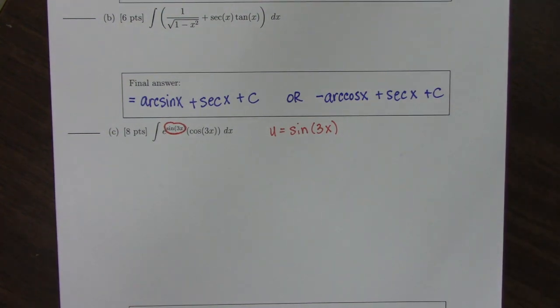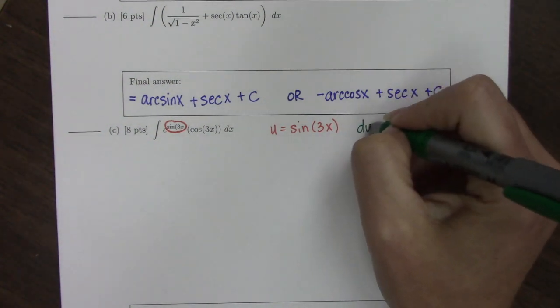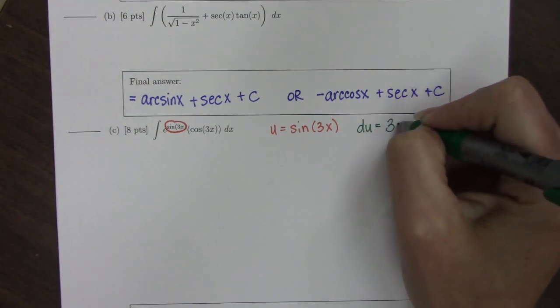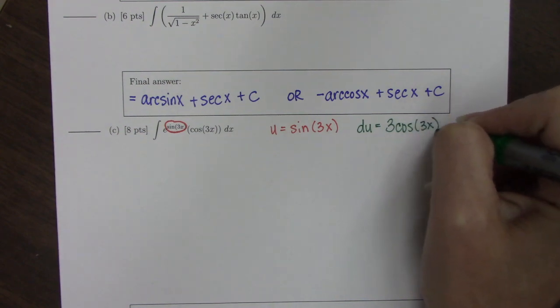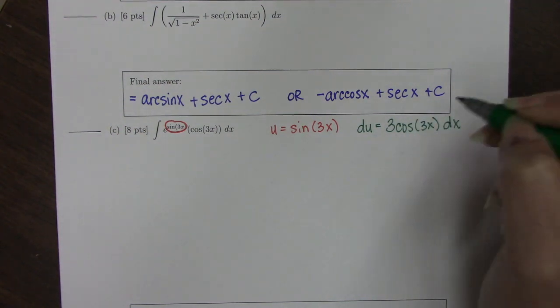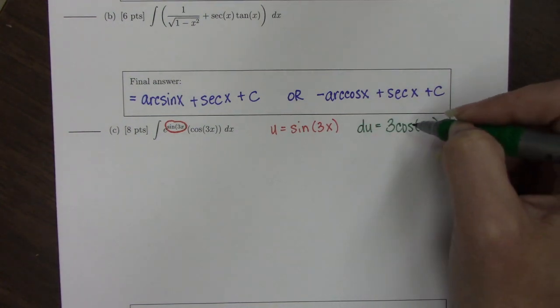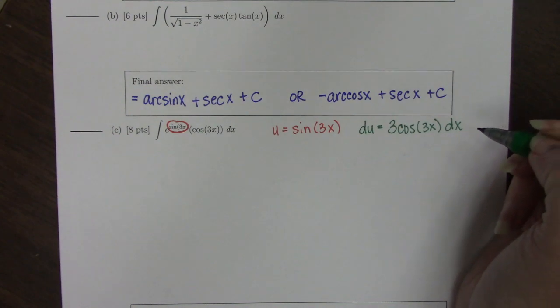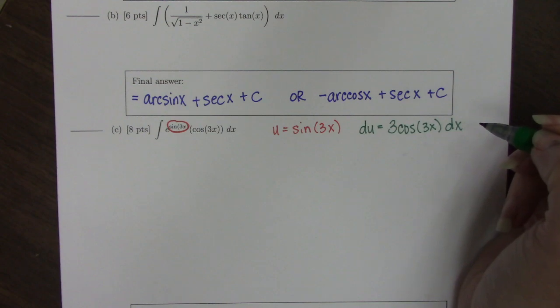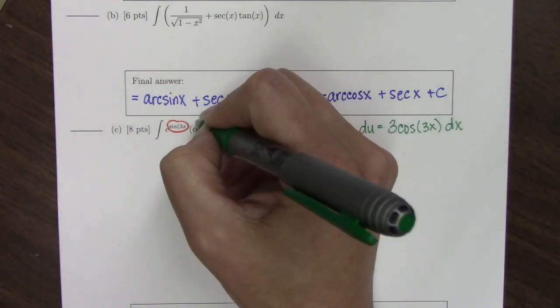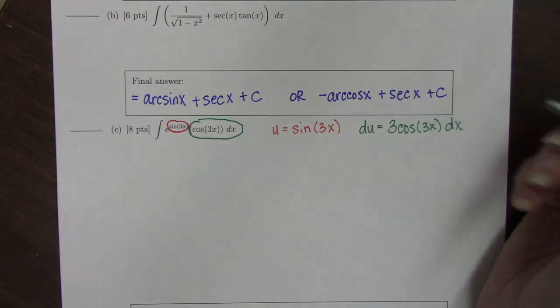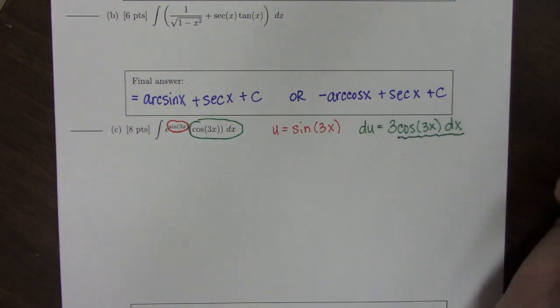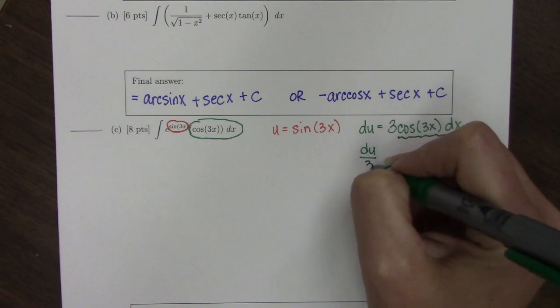Then I take the derivative of this and verify that I've selected the right u. So du is going to be 3 cosine 3x dx. To verify that this is the right u, I look at my derivative and I go back to my integral and I look for all of these pieces to see if they're there. If they're not there, if it's anything but a constant missing, I've made the wrong choice and I need to try again. So I have a cosine 3x dx. So I have all of this. So if I solve this equation for what I have,